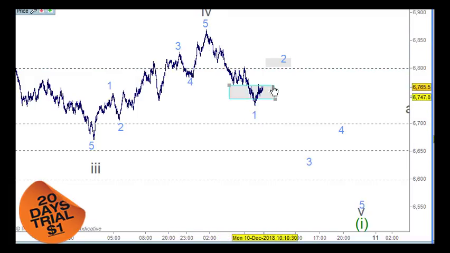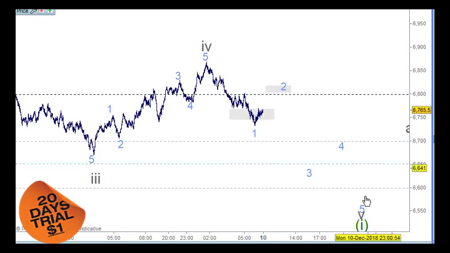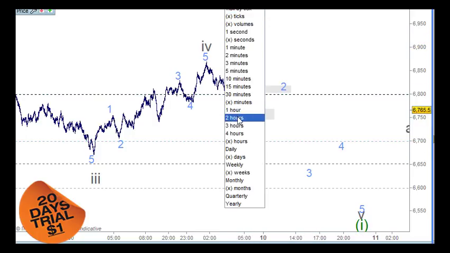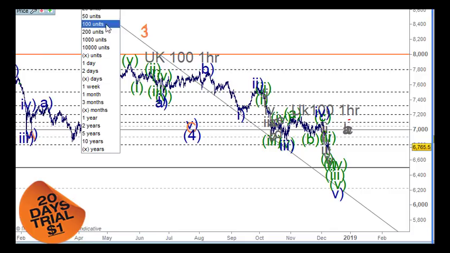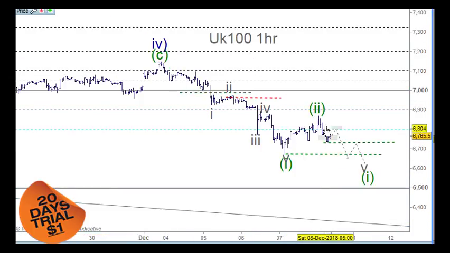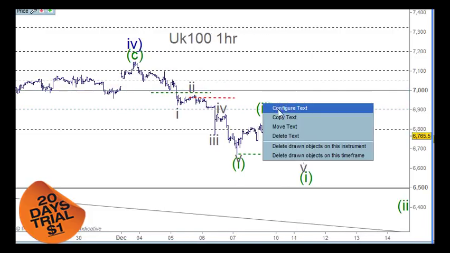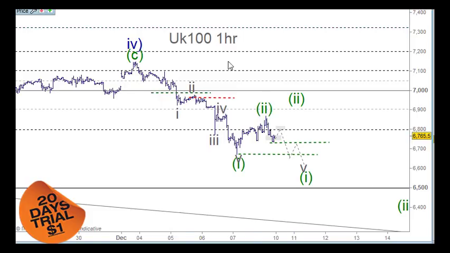So this would be an A wave, a B wave, and a C wave coming back here, and then up again. So we may get more complicated here. So an A wave, A, B, and C here for a B wave, and then up for a C wave here for that wave 2. So it's possible that this wave 2 here is still actually in play, and it could end up here with a bit complicated, but an A and a B and a C wave coming back here, and then up to here,